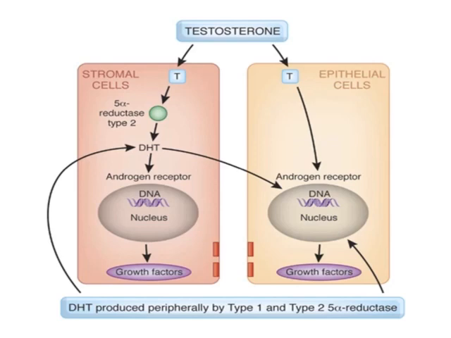stromal cells. And in the epithelial cells, the testosterone can directly bind to the androgen receptors, and in the same way it leads to the transcription of growth factors, which will lead to the survival and the proliferation of the epithelial cells. So this is how the DHT, that is dihydrotestosterone, is the main factor leading to the increased proliferation of epithelial and stromal cells. Here what we have to remember is estrogen is also an important hormone that will make these cells more susceptible to the action of dihydrotestosterone.